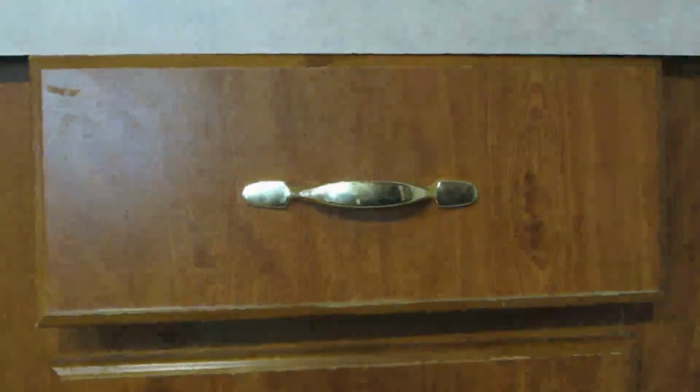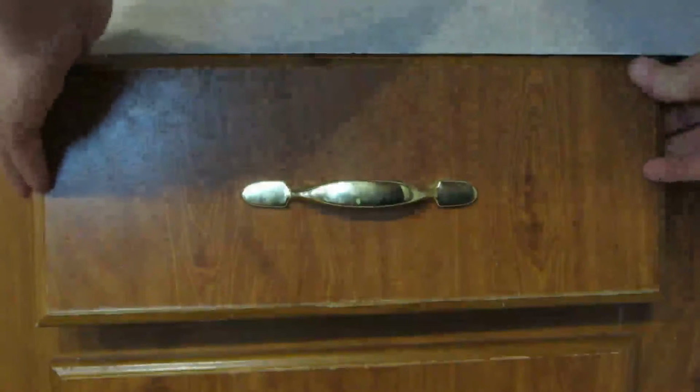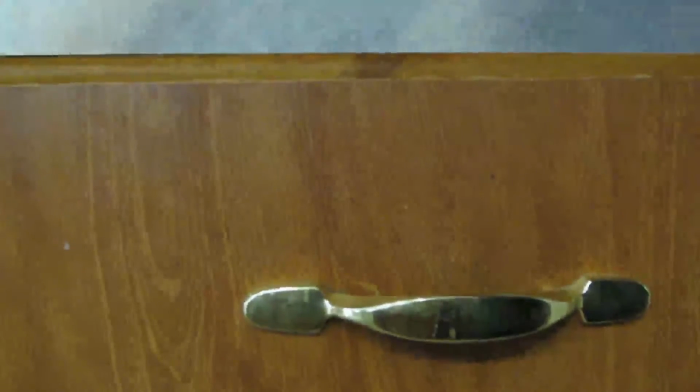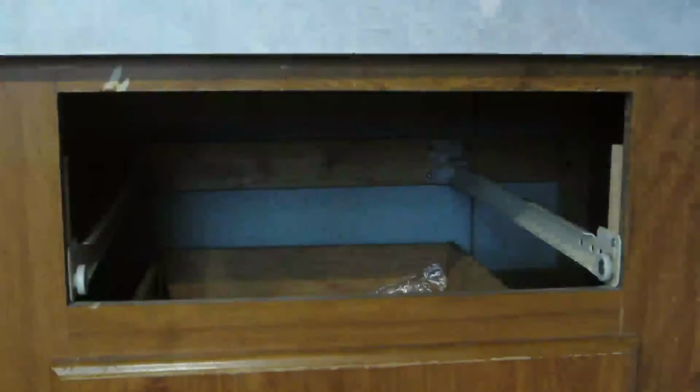Okay, well, I'm going to try to get this drawer out of there and look and see what we got going on in here. So, yeah, it feels like it came off the rails. Get my flashlight and see. So I got my flashlight and